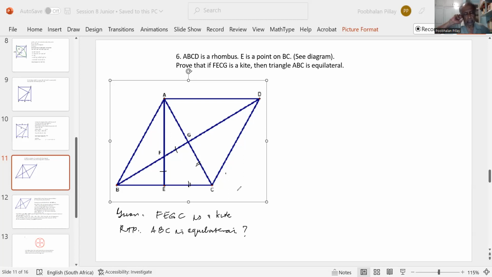All right. So where do we proceed from here? We know that the diagonals of a parallelogram bisect each other. So if this is a double stroke, that is also a double stroke there. We also know that this is 90 degrees because the diagonals of a rhombus bisect each other at right angles. So now the question is,